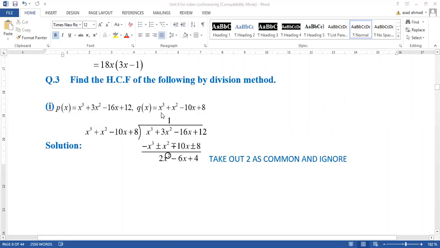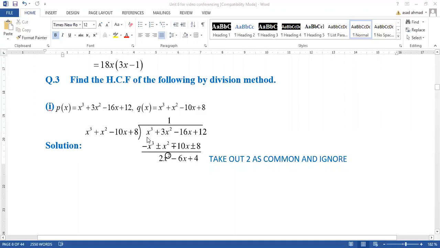So you can keep any of the terms as divisor and any of the terms as dividend. For example, because both powers are equal, for my own convenience, I have taken this part as divisor and this part as dividend, that is written under the radical sign. And then I have started the process of division. You can see that x to power 3 is inside and outside is x to power 3. So you can divide this expression which is inside by this expression 1 time